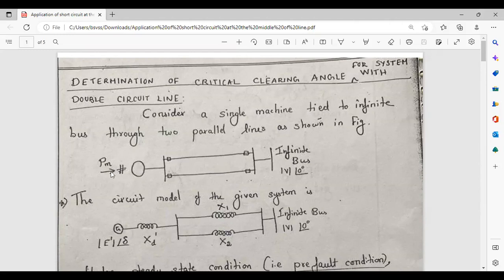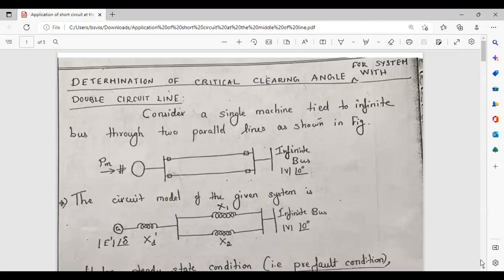Here the input to the generator is Pm, the mechanical power, and it will be connected to the infinite bus with a voltage of V angle 0 degrees. And here is the circuit model for the same system. This is the equivalent circuit of the generator with its reactance Xd dash, and the voltage for the generator is modulus of E dash angle delta. The transmission line is represented by its reactances X1 and X2, which are connected to the